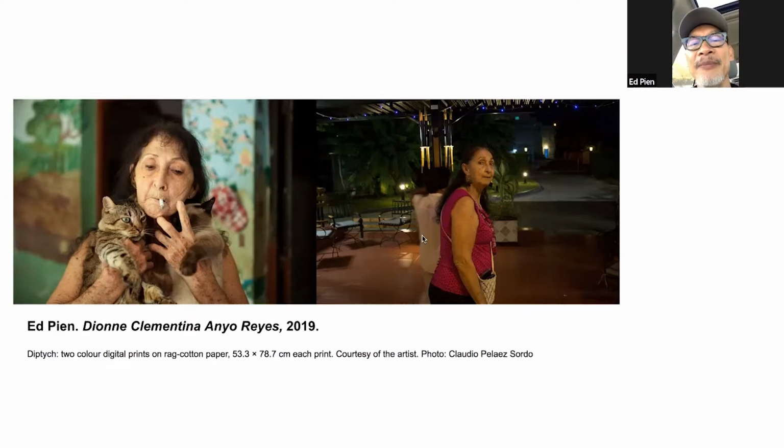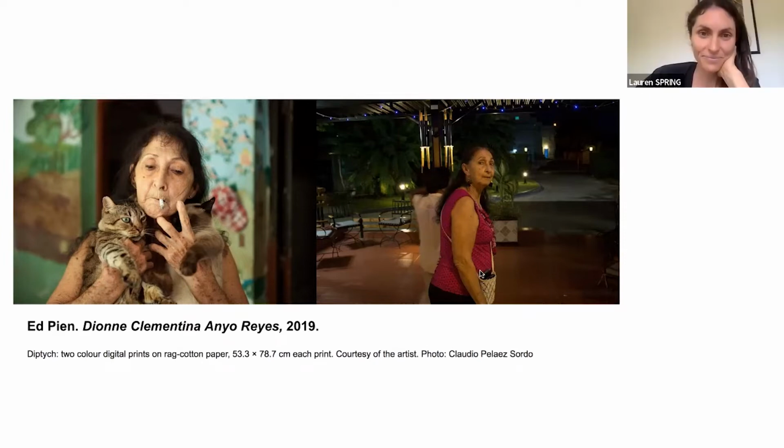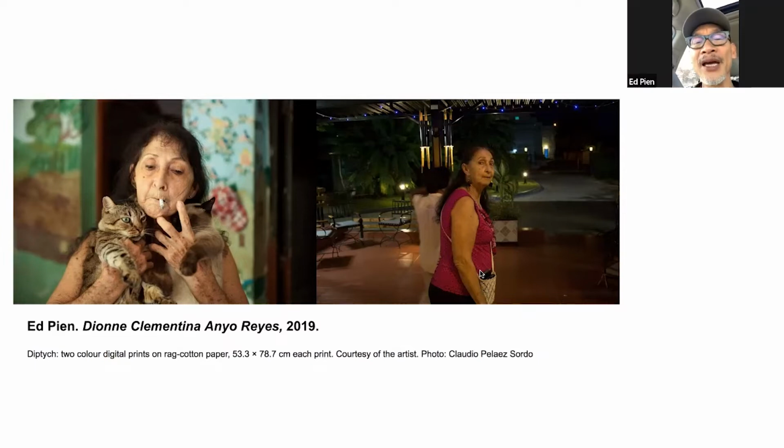I was invited by an independent curator, Catherine. At the time, she was working on several projects in Cuba, and she had gotten funding to create a project called confronting the faces of the other or the voices of the other. She thought my work would be interesting because I make these really monstrous and grotesque figures, and she thought that the Cubans, some of them believed in Santeria, which is a religion with many different deities with fantastical images. So that's how it began. In fact, initially when I was invited to participate, I declined because I said I don't speak Spanish, I don't know Cuba, I don't want to be a tourist artist.